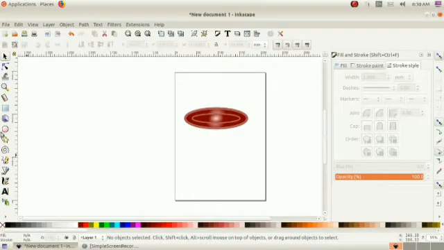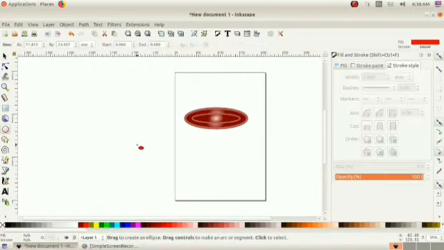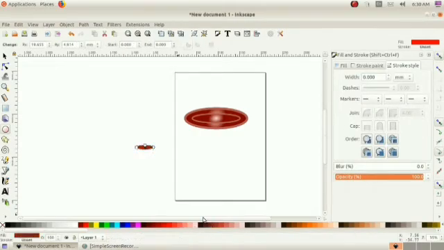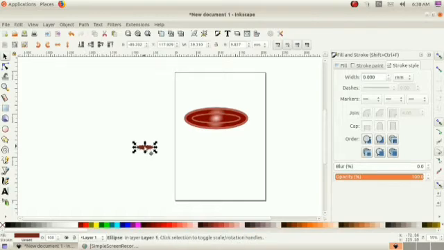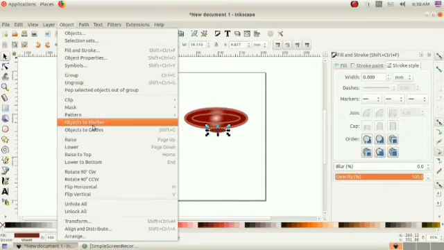Then keep it here. Keeping the selection, click on the object menu, then lower.